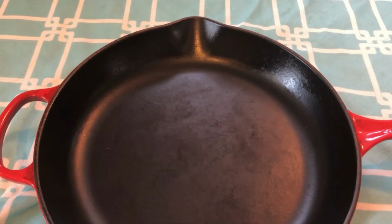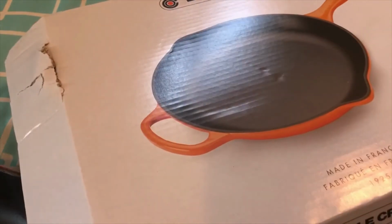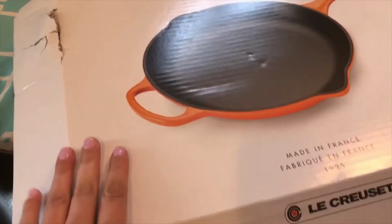I remember texting my sister, I think they're gonna send me a new pan, but I'll believe it when I see it, kind of thing. So in the box that I received in the mail was this box, which is a Le Creuset enameled cast